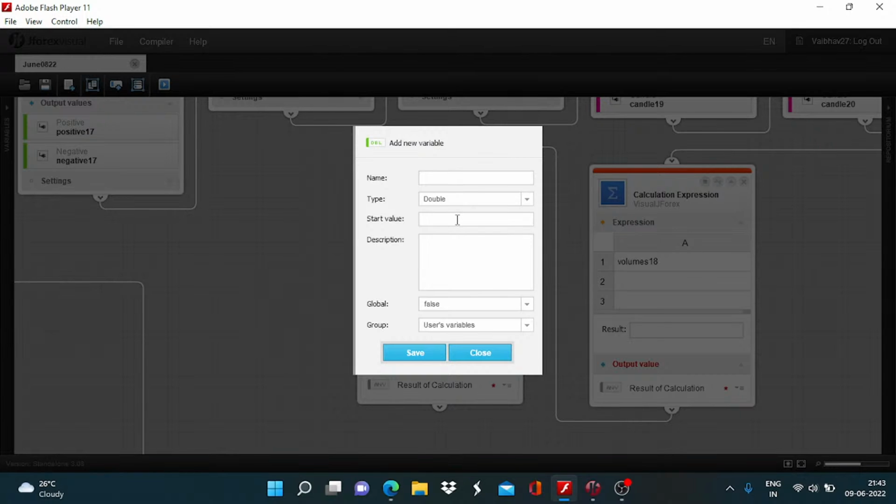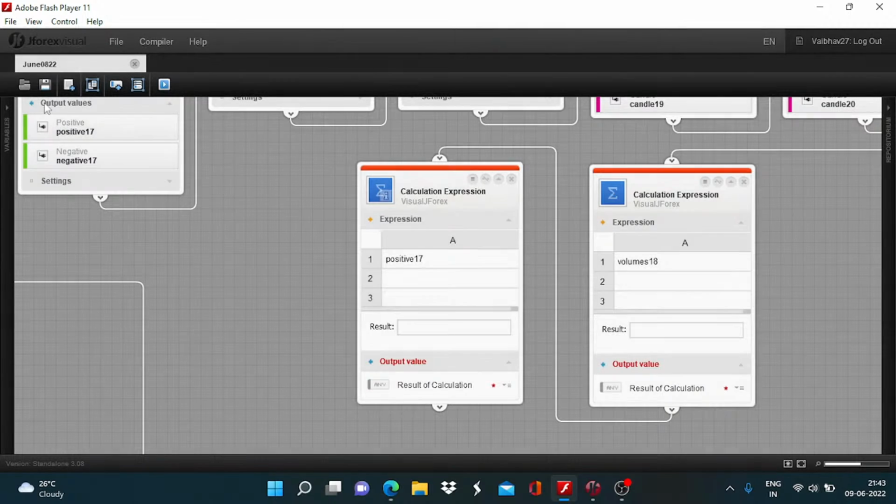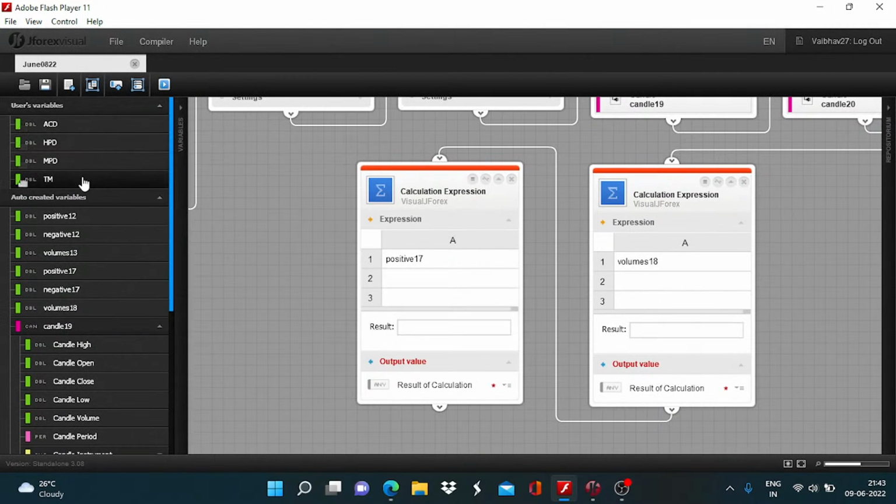So I will take the value, start value 2, and name it TM. A1 into A2, and here A1 into A2,